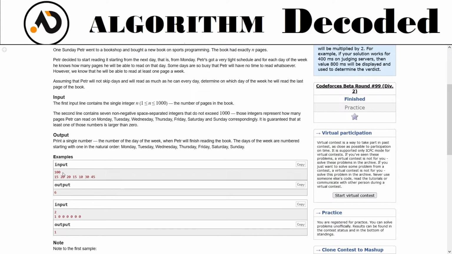सो इनपुट को जिस तरीके से कि सबसे पहले आपको टोटल नंबर ऑफ पेजेस दे दिए और आपको हर दिन में पीटर कितने पेजेस पढ़ेगा ये दिया हुआ. तो मंडे का ये, ट्यूसडे का ये, वेडनेसडे, थर्सडे, फ्राइडे, सैटरडे, संडे. सॉरी, it's Wednesday. So after that, and for the output, we need to print on which day he will finish